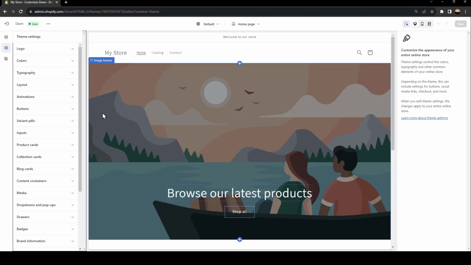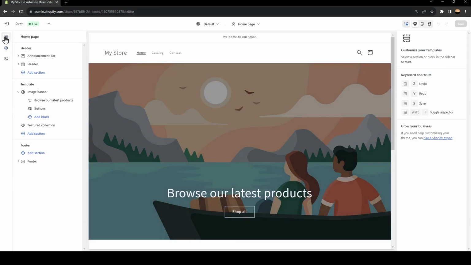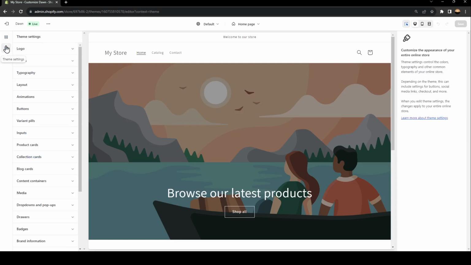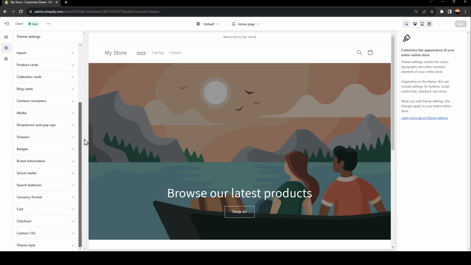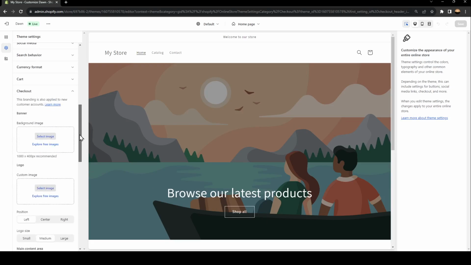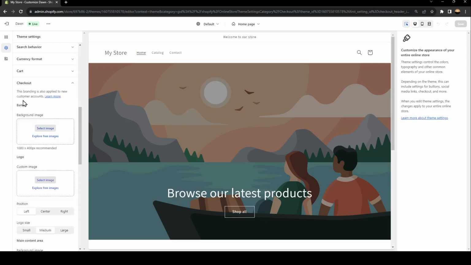I don't have one, so what I'm gonna do is go to here, right here to the theme settings. Once you go to the theme settings, just scroll all the way down and then click on this little arrow on checkout. Once you do that from here, as you can see guys, you can add a new background image